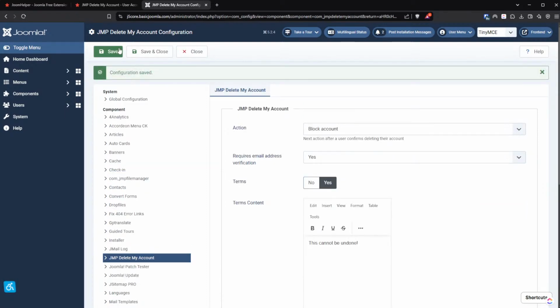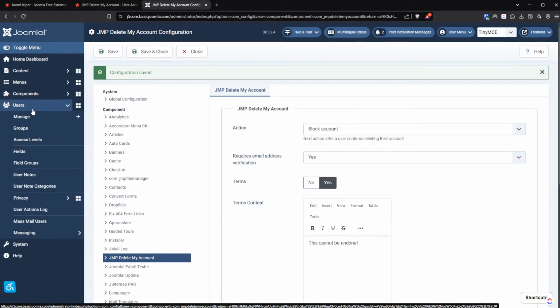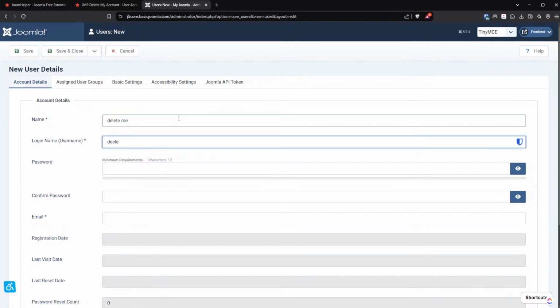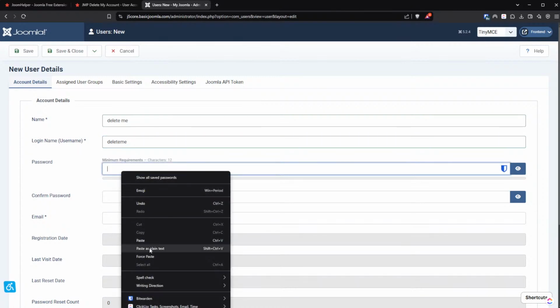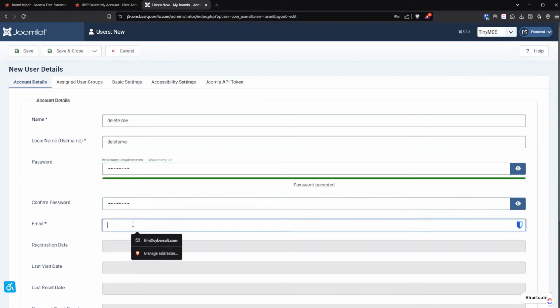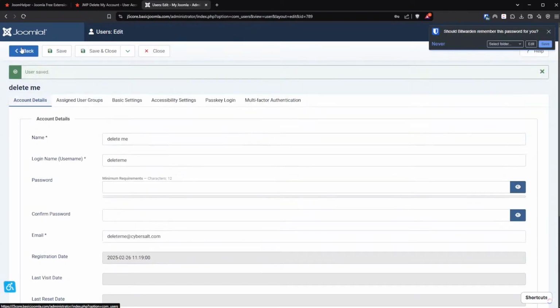Now, how do people find out that they want to delete their account? Let's create a user here. Let's add a user. Let's go, delete me for the name and delete me altogether. Delete me. And let's put in a password in there. Bitwarden, generated password, Control V. And I'm going to go delete me at cybersalt.com. Great. And the user is registered. So if we save that user,